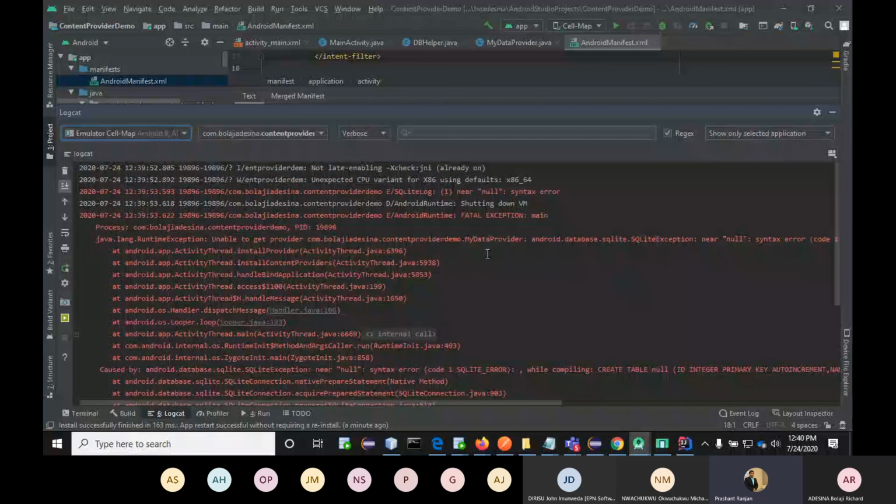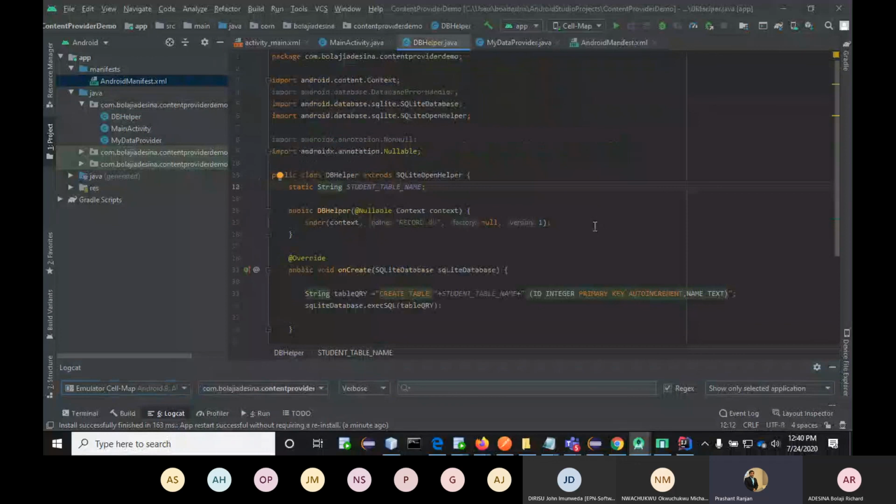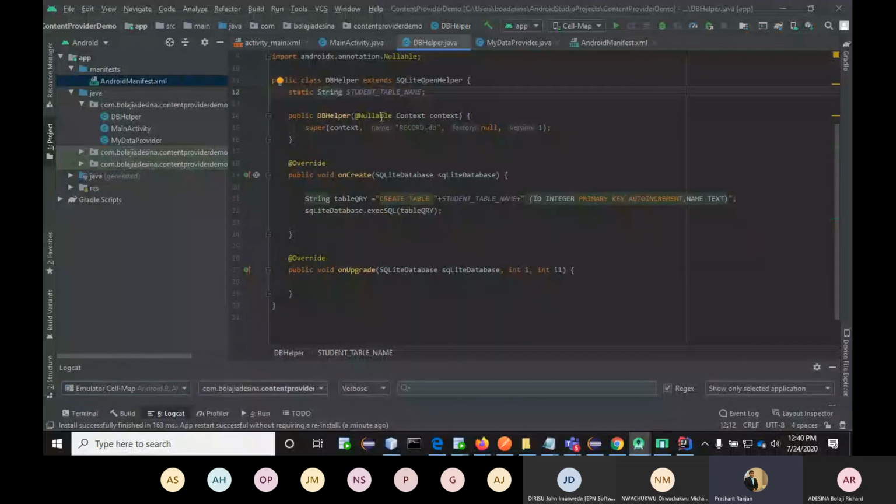Open the DB helper class. Student table name. You have not given any name for the table. Give the name of the table. Line number 12, String table name equals to, give the name of the table.